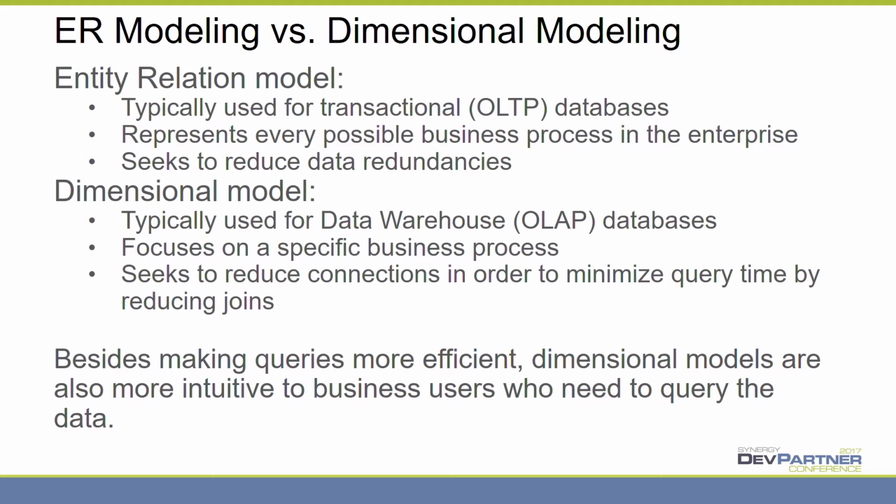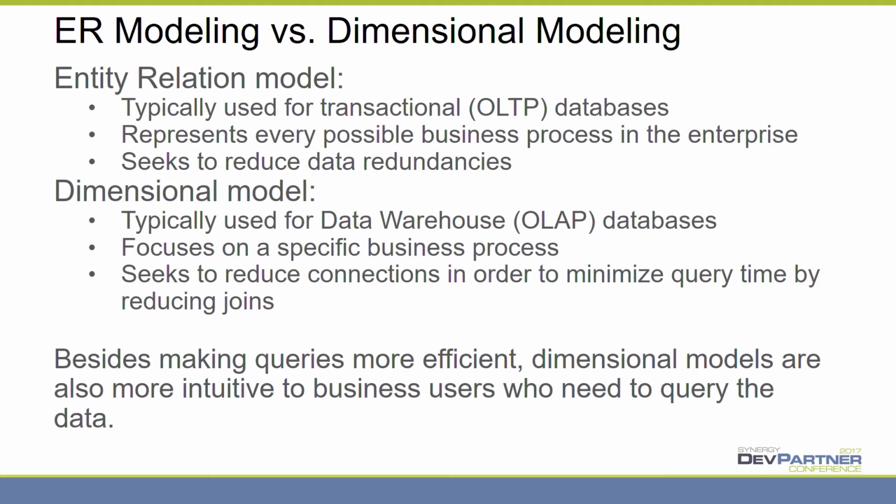So the data modeling for the two types of databases varies significantly. In a transactional database, in your application-type stuff, you're doing entity relationship modeling, versus in a data warehouse, you're doing dimensional modeling. In ER modeling, you're going to be focused more on the data. So for a given data item, you're going to show how it relates to things for all the business processes